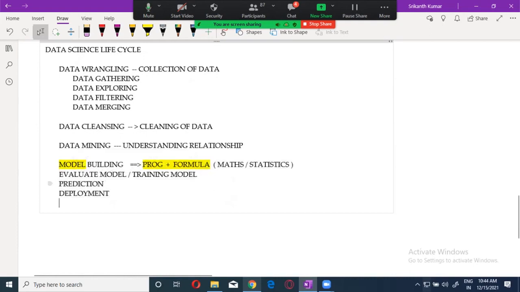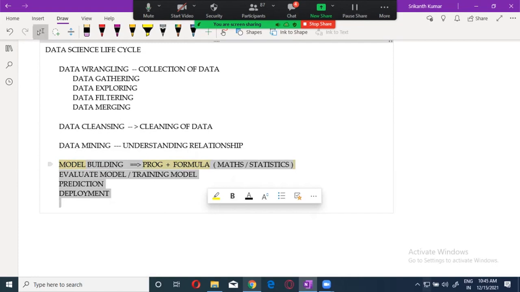Now, there is one more name for this. This is called machine learning. Have you heard about machine learning? Heard about data science? Now you see this. You know data science now. You know the steps to get the data, and you have seen machine learning. This is the process of linking.